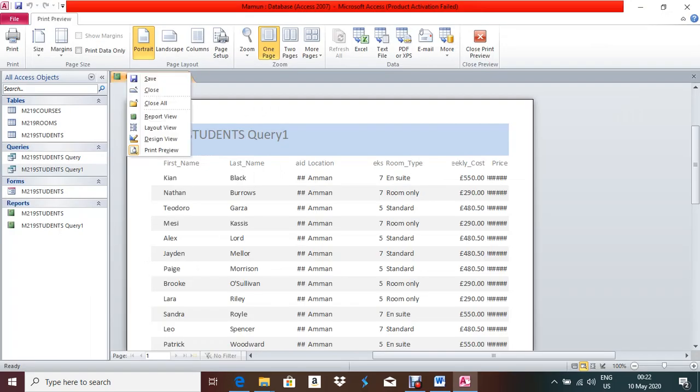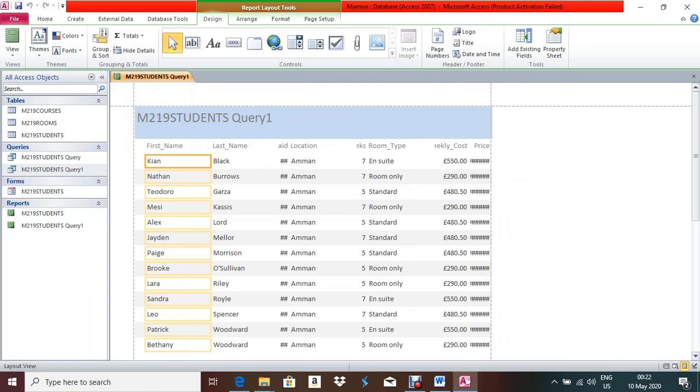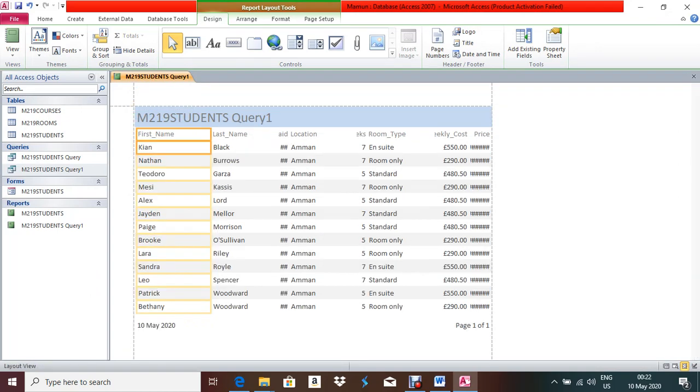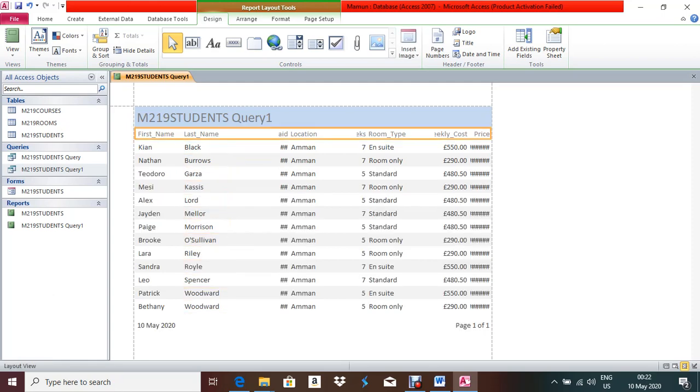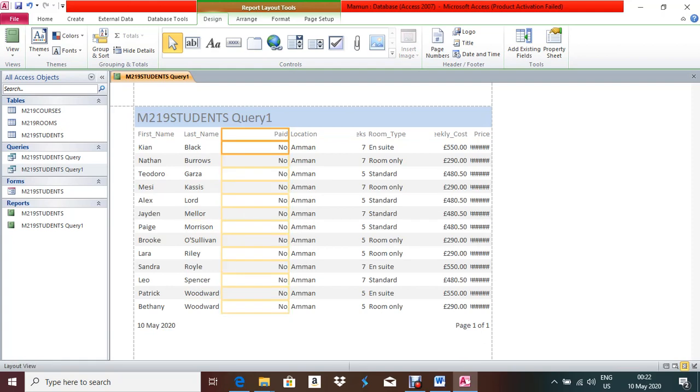Now we have to arrange this field in proper way. Layout view, as you know that, increase some field name, decrease some field name, like this way. Paid, see the condition of the paid field.